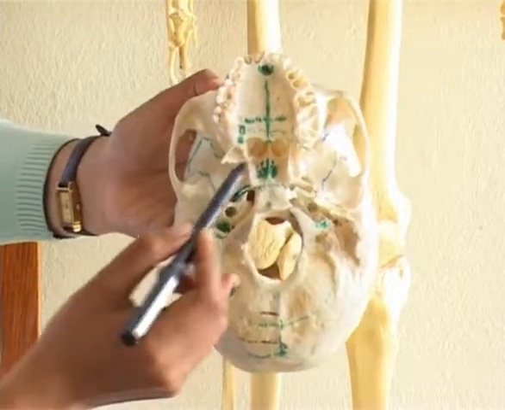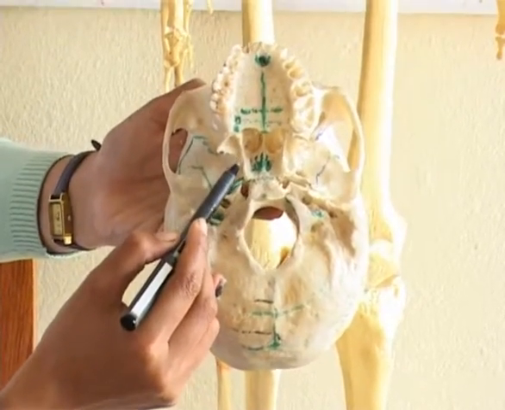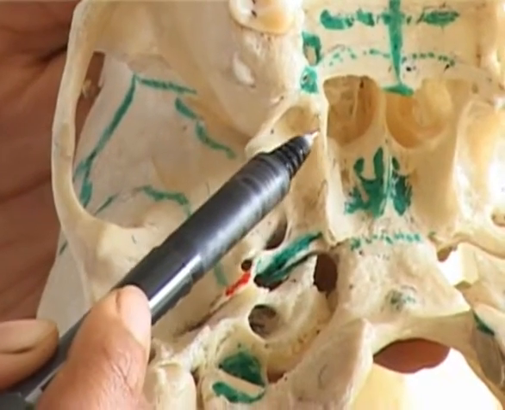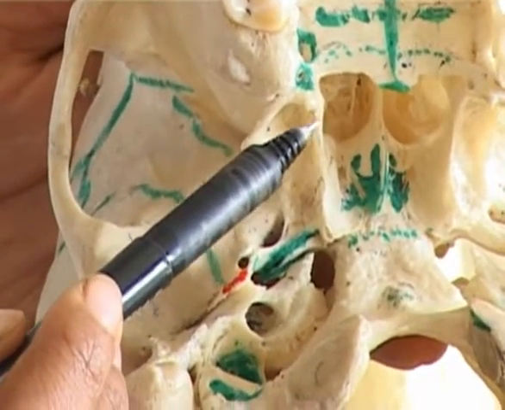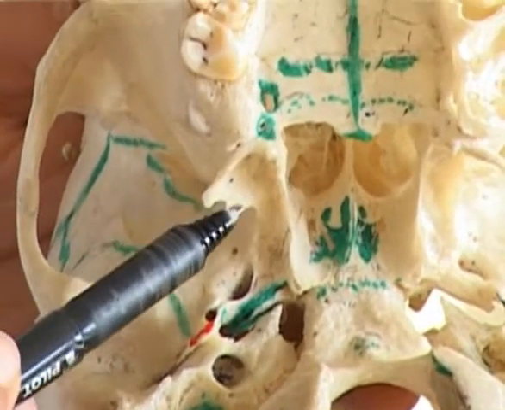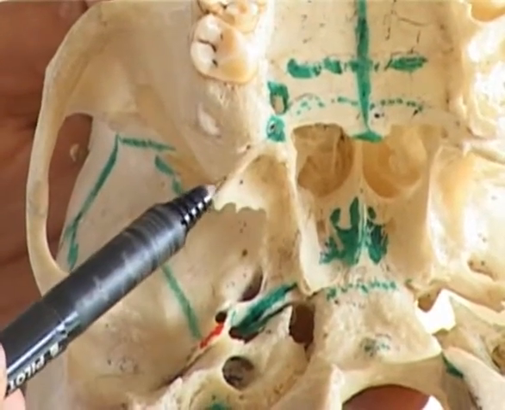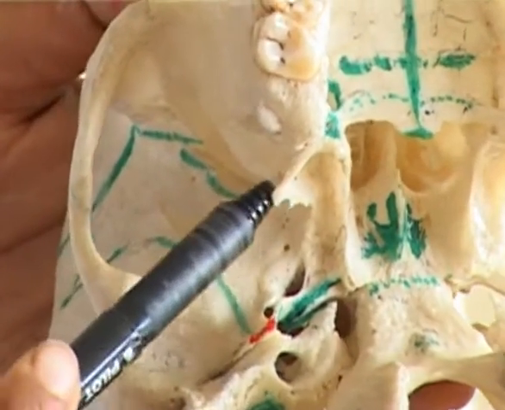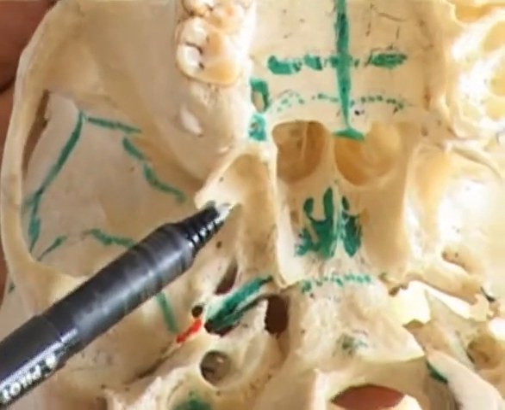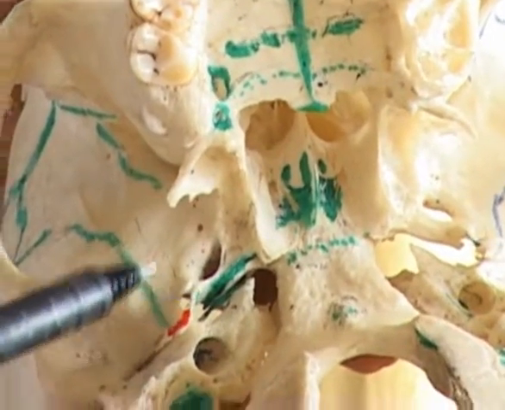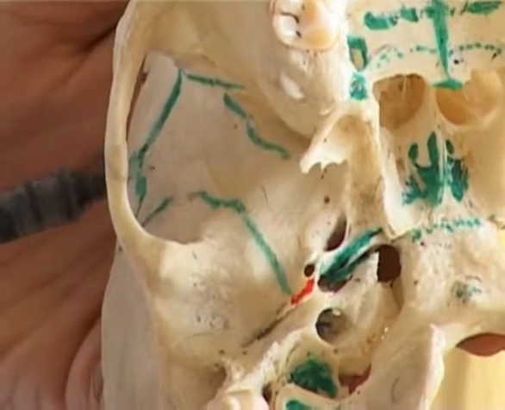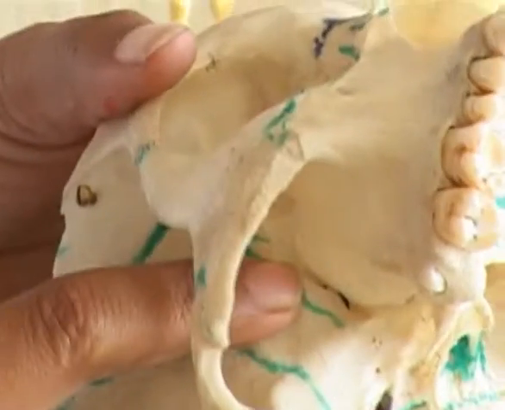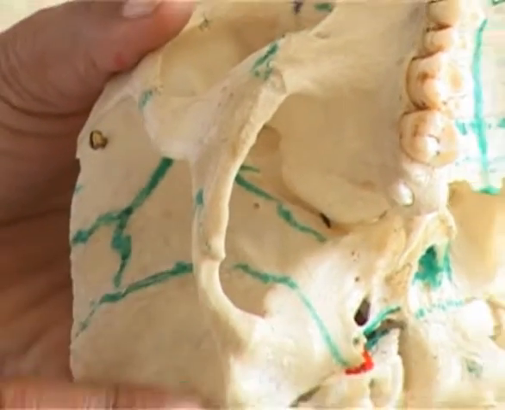The medial pterygoid plate at its upper end shows a scaphoid fossa. The lower end shows a pterygoid hamulus. The lateral pterygoid plate gives origin to the pterygoid muscles from its medial and lateral surfaces. The greater wing of the sphenoid lies lateral to the pterygoid process. It articulates laterally with the squamous temporal and medially with the petrous temporal.